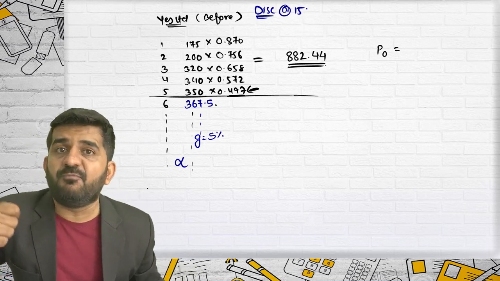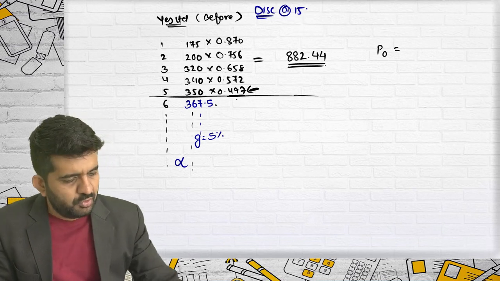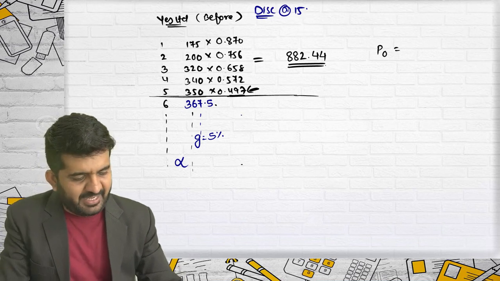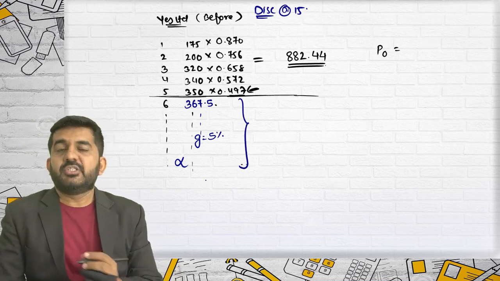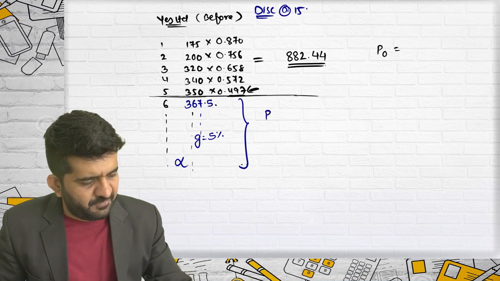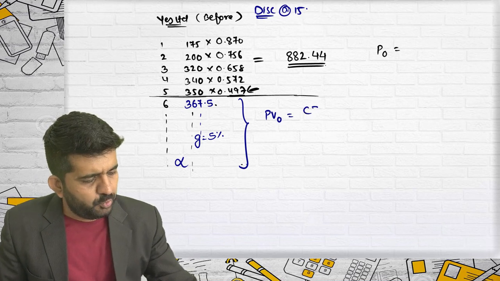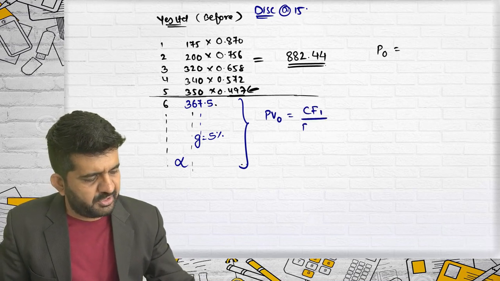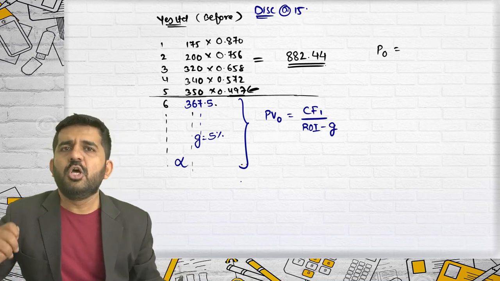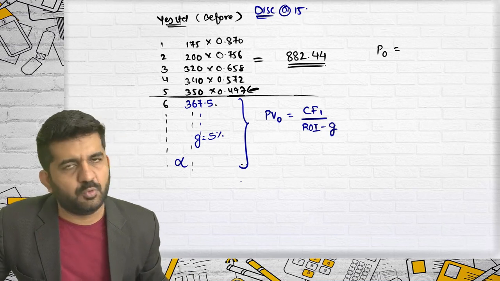But it is only of 5 years. I want present value for all the figures. So this portion is pending. See what I'll be doing. I will be using this formula. If I want the present value at the end of 0 year, I need to take cash flow of first year divided by rate of interest minus G. Those who don't know, this is the present value of infinite cash flow with growth formula. You can directly find it out.